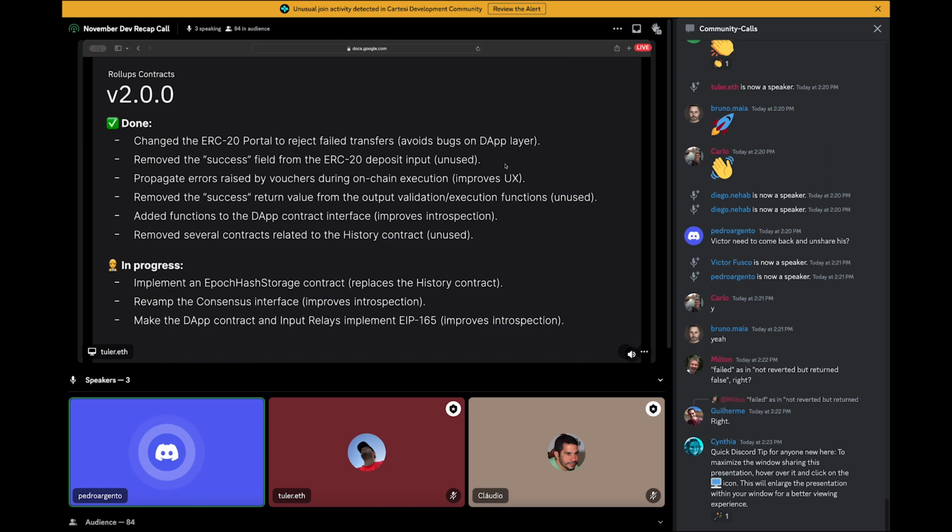Our claim storage logic is going to be contained in the contract that the authority is going to inherit from. So we removed the history contracts, and in progress is implementing these chain storage contracts and applying all the changes to the authority and consensus interfaces. Yeah, I think that's it.